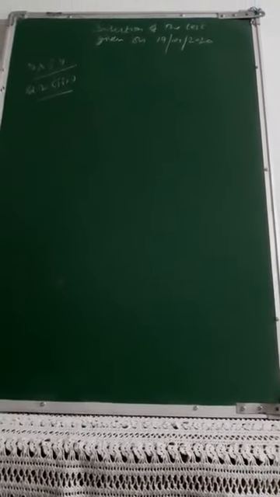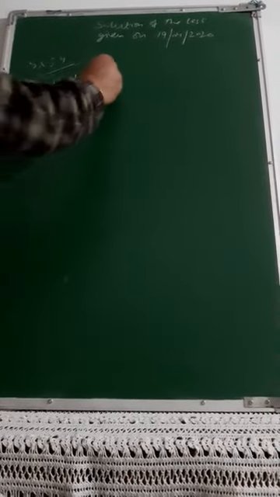Here in the third part, the sum of the digits of a 2-digit number is 9. Also 9 times this number is twice the number obtained by reversing the order of the digits. You need to find the number. So in the 2-digit number, let the unit place digit